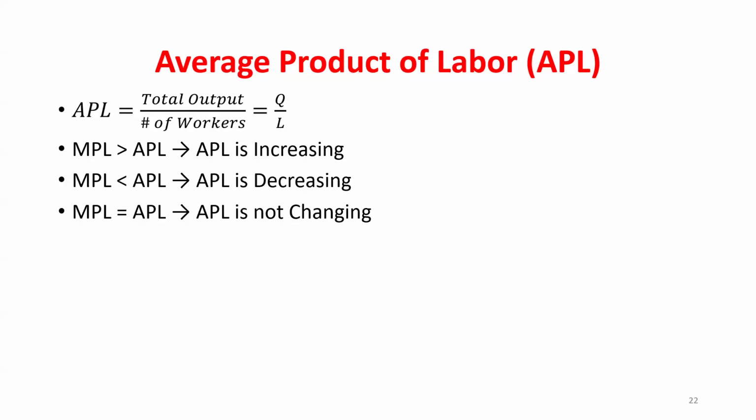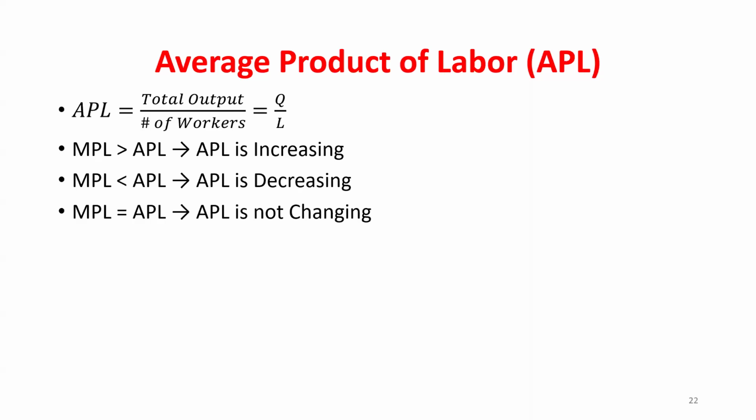Okay. So there is a relationship that exists between our marginal product and our average product. Anytime the marginal output, or the marginal product of labor, is higher than our old average, well, let's say your current grade is a 70. If you get a 90 on the next exam, what's going to happen to your new average grade? It's going to be higher. If that marginal product is above the old average, my new average product must be even higher, or it's increasing.